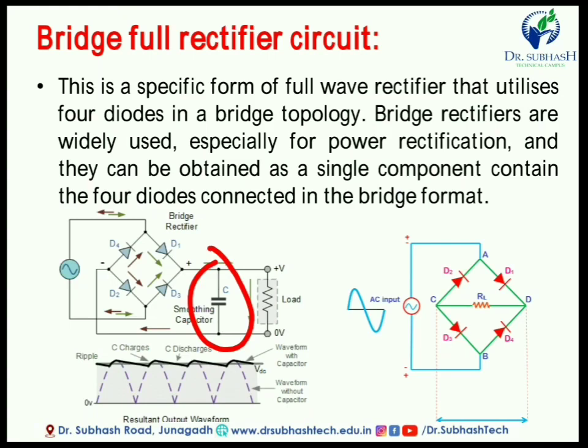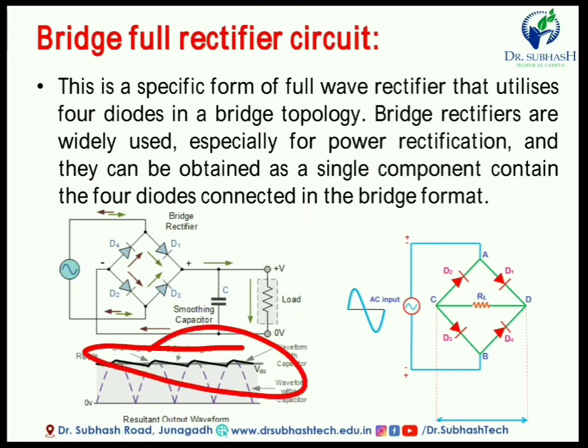Here this capacitor is used for the filtering purpose, but here we do not discuss the filter. A filter is nothing but a circuit that converts pulsating DC to pure DC, or smooths the DC waveform. So here you get the output voltage across this capacitor like this. According to the charging and discharging of this capacitor, pure DC is available at the load, and we will discuss the filtering process and the filtering components in the next video.